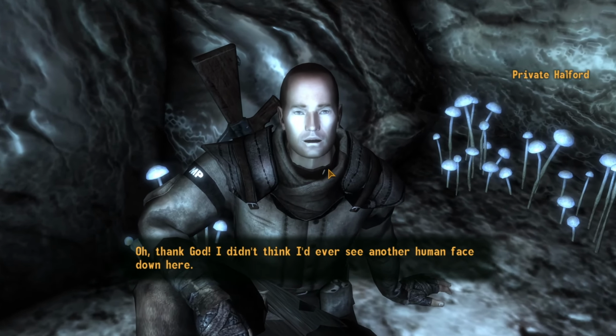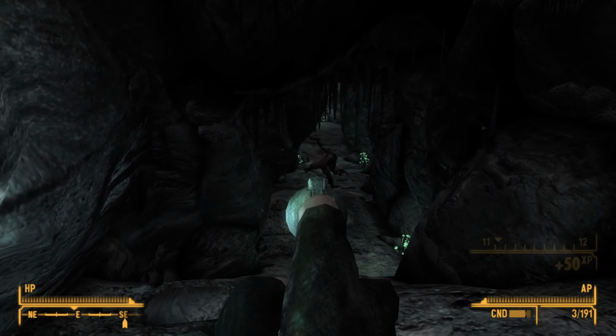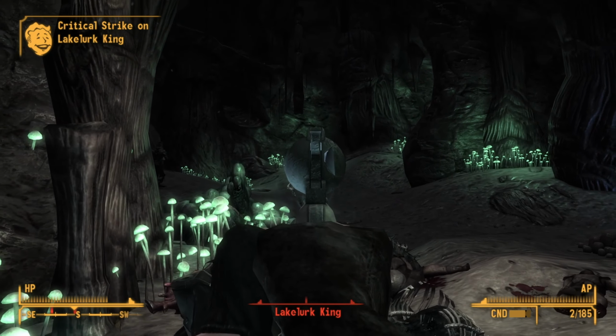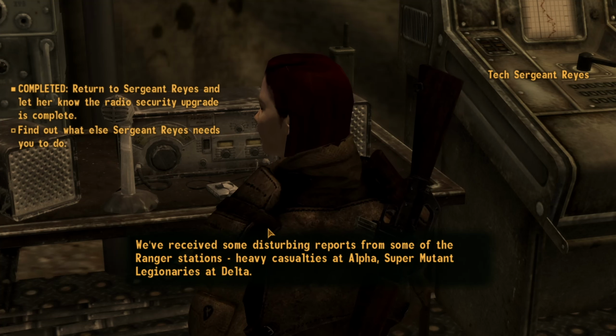I find the last survivor from the camp and go further into the cave to deal with the rest of the lake lurks that killed the soldiers. I reach level 11 and increase my medicine some more before dealing with the lake lurk king. I visit the last outpost, which lets me start the next part of the quest that involves returning to some